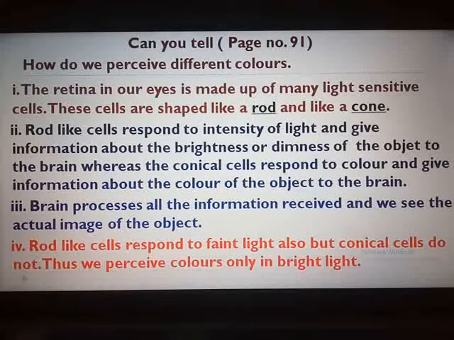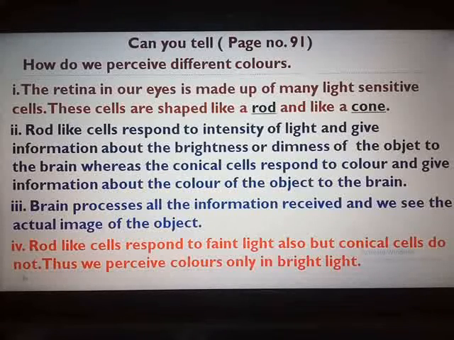Now these are the 4 points which I have marked and given to you in the textbook. It doesn't mean you are going to write the same answer. You can reduce the length of the answer. You can pick up the main theme, the main reasoning part, why you perceive different colors. So you prepare your own answer and then you can write it in the exam. With this, I declare that chapter number 7 is fully complete. We have completed the explanation, the discussion of textual exercise, additional questions, numericals and activities. So in the full sense, chapter number 7 is over.